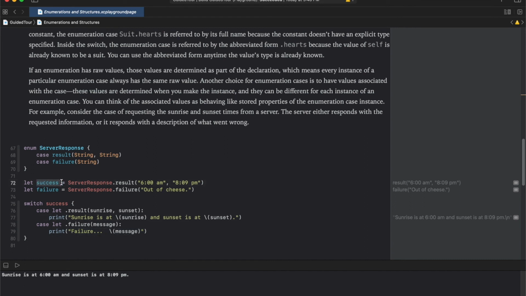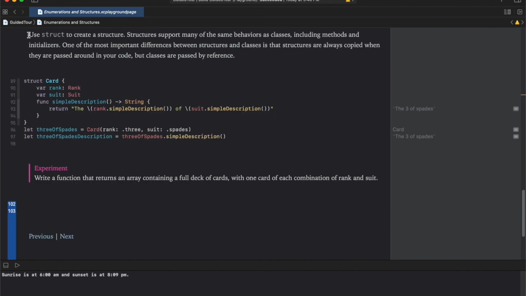Since the value in the success enum was result as initialized on line 72, the associated values will be available in sunrise and sunset. The case on line 76 will execute, and the associated values from line 72 will be available in the labels sunrise and sunset respectively. This line of code is executed, as we can see on the right hand side.